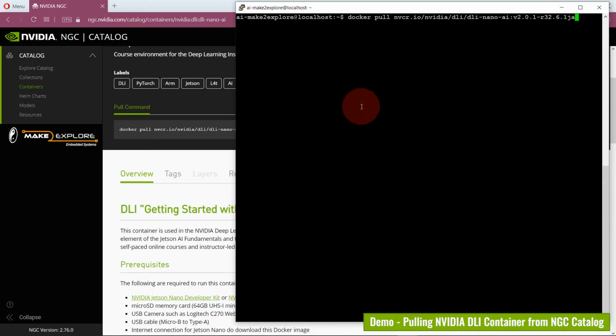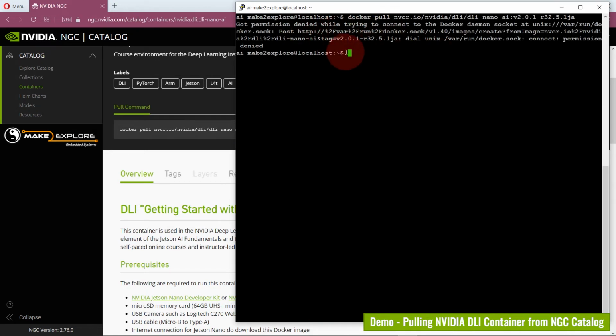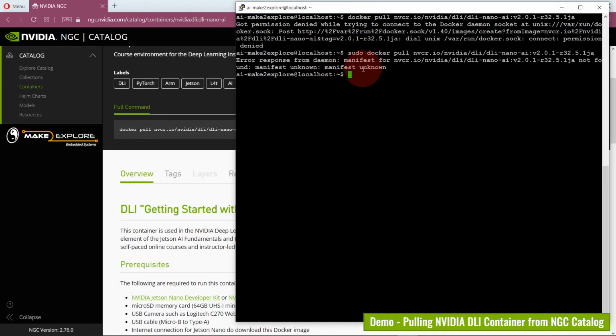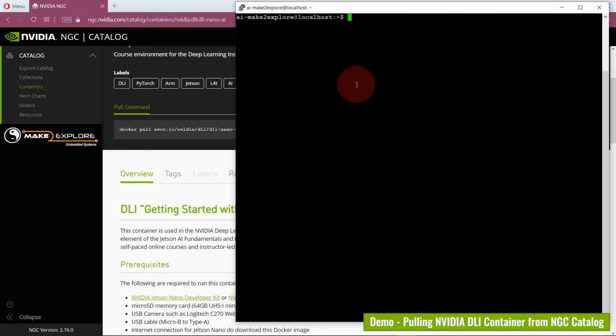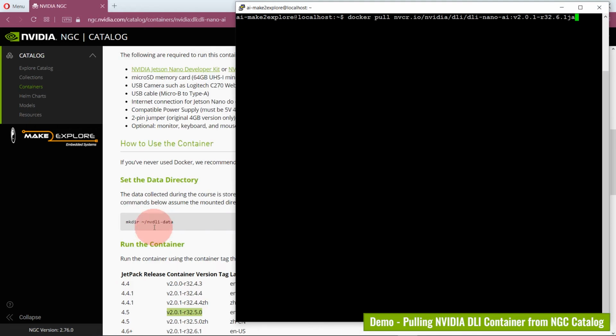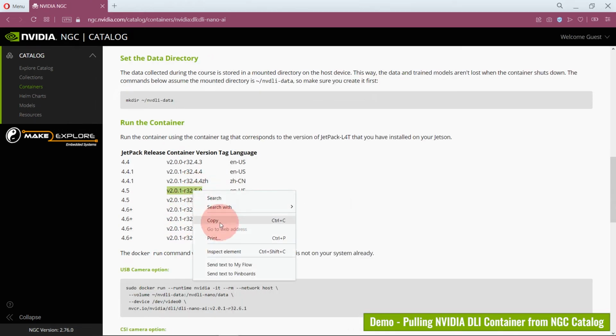and paste the pull command. Then click enter. This command requires superuser credentials, therefore we need to use sudo. A manifest unknown error will occur when you enter the wrong JetPack version, different from what you are currently running on your Nano dev kit. So, just make sure that you entered the correct JetPack version.